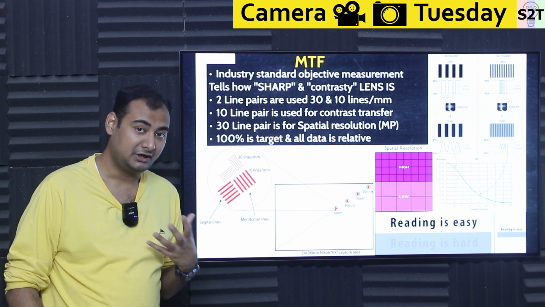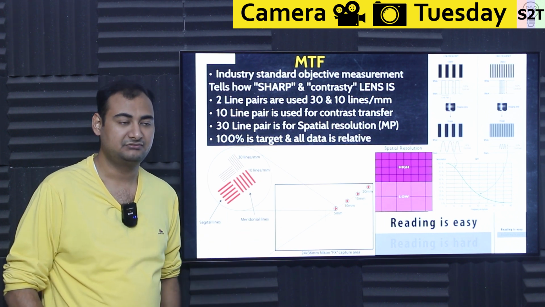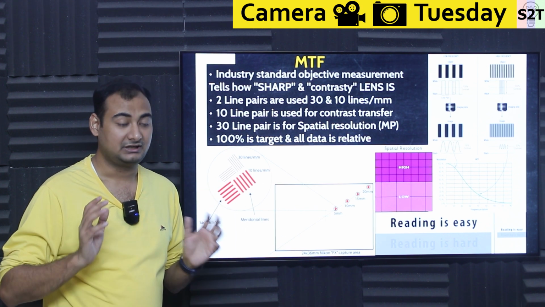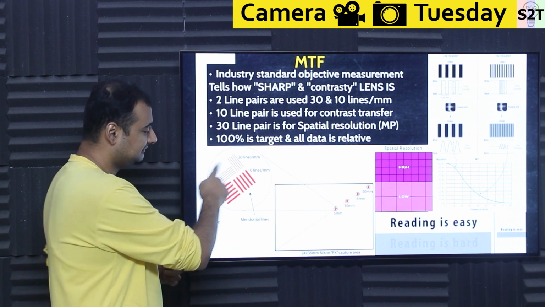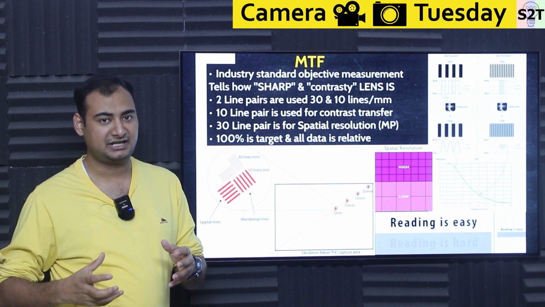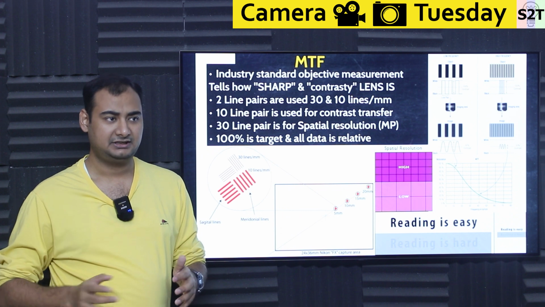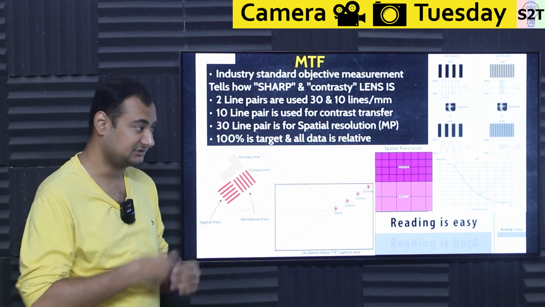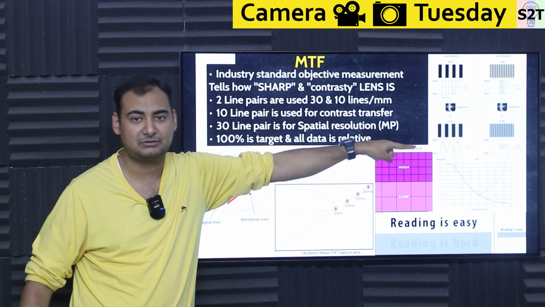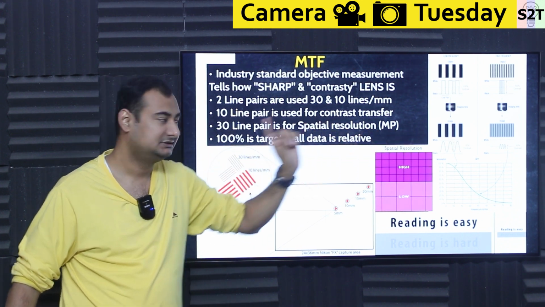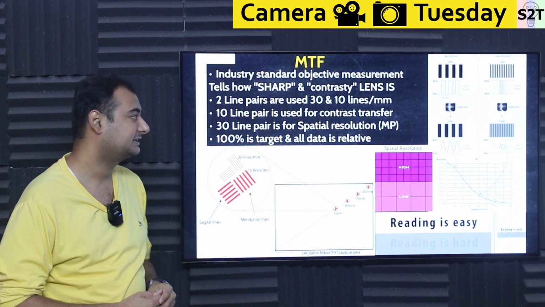Basically, if you want to capture doggies, let's say you are working with a lot of doggies and puppies, they have very high density hair on them. So at that point in time, you need a lens that can resolve 30 lines per millimeter quite efficiently. Otherwise, you can put a sensor behind it that's 8K or 12K, but the output will not be good because that resolving is not happening, because the lens is the compromising point. If the lens compromises it too much, you will only get a gray blob. So this is a very critical aspect.